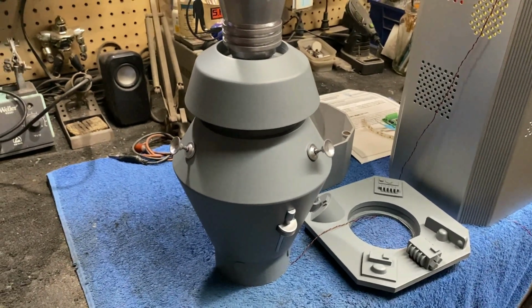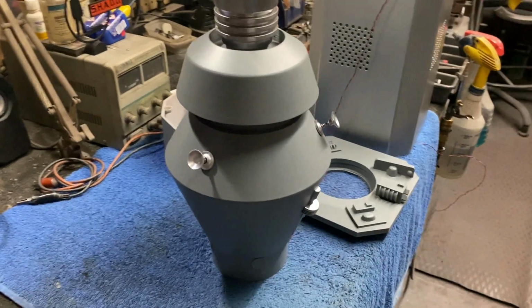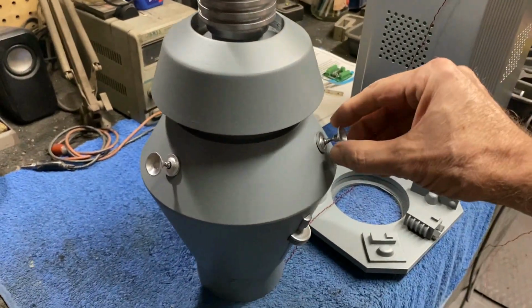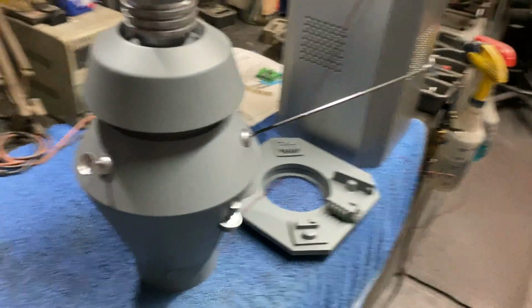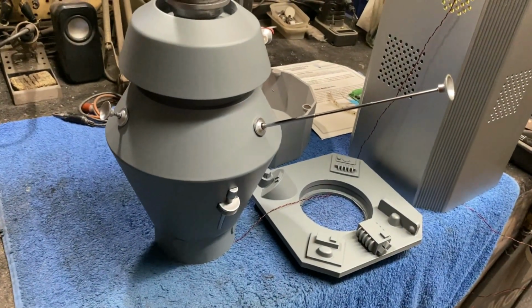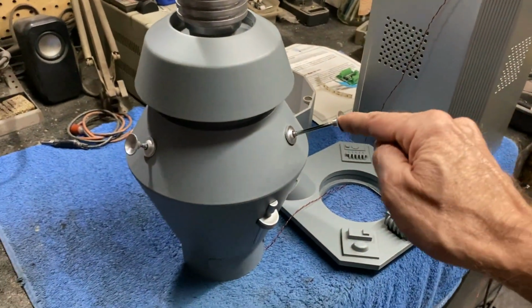Jeff's a great guy for doing that. So I'm pretty sure if you order one of these kits going forward, those will probably be included. But this is really cool because these actually work. You can see they extend out just like the original Nomad did. Not with a motor or anything like that, but you can have them either extended or retracted however